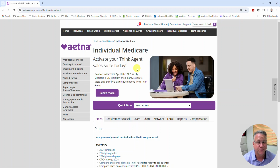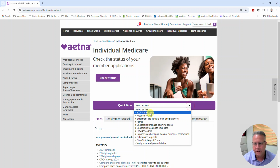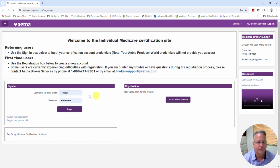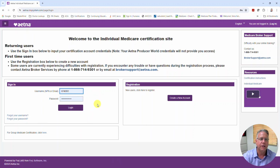But I was talking too long, so it moved on to the next banner. So I can come down here where it says Quick Links and click on 2025 certification right there. And here we go. So what's going to happen next is it's going to actually launch the Aetna portal that